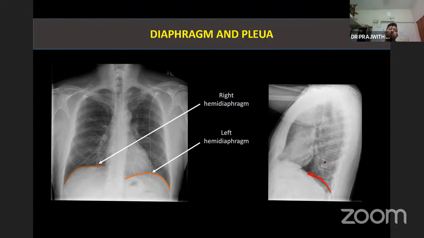If you have any doubt, you have to approach me, because it's a very simple topic, but if you don't concentrate, it's slightly difficult to understand. So that is about the lateral decubitus X-ray. Okay, so the next thing that we have to see is